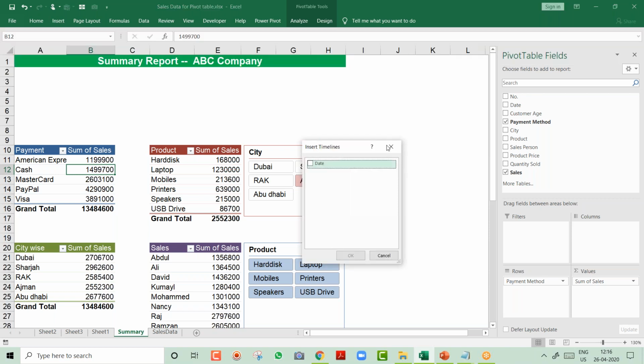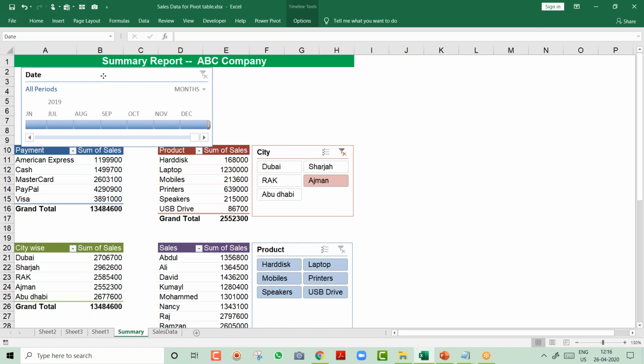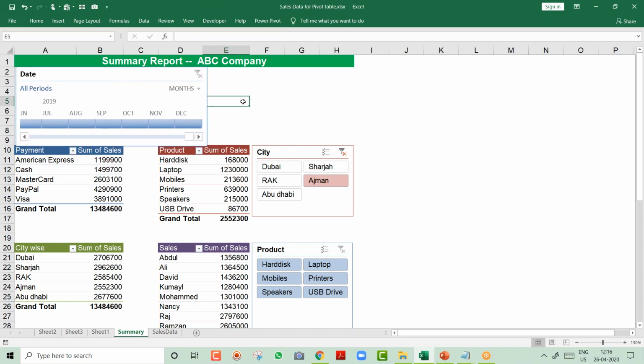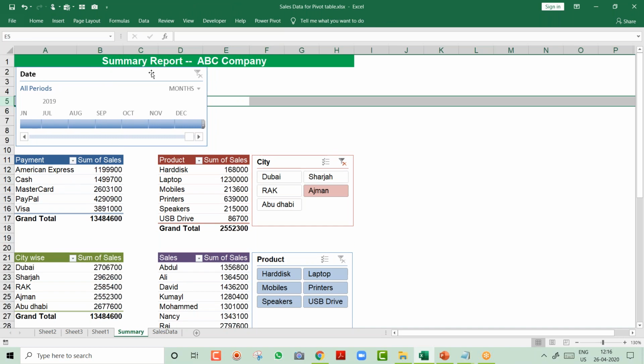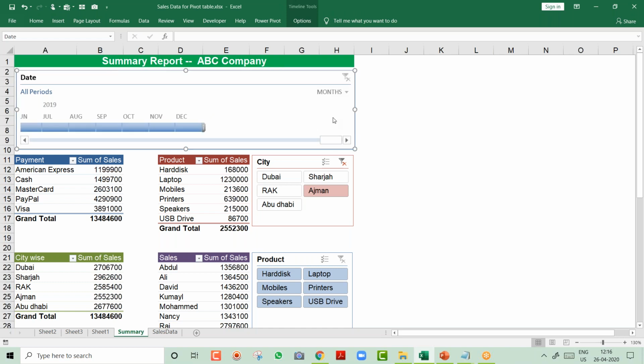So I say timeline. Timeline of what? Timeline of date. And I say okay. Mostly you will get a date column, and nicely I will put it over here. This is the reason, friends, I added 7 rows, because the timeline takes 7 rows of space. So I will come over here and nicely increase it. And here is your interesting option. I say I want a year. So all the years have come. Looking nice? It's so simple to create.